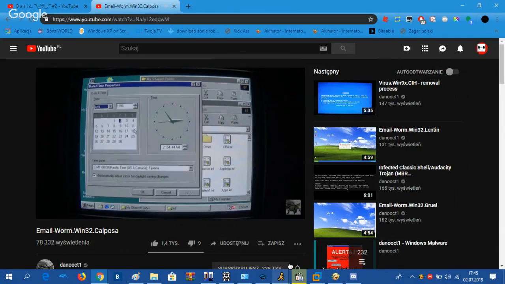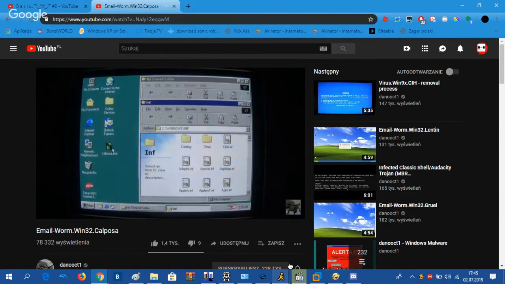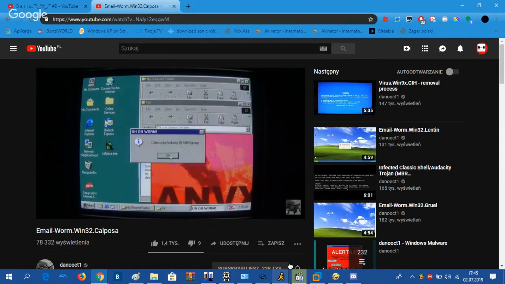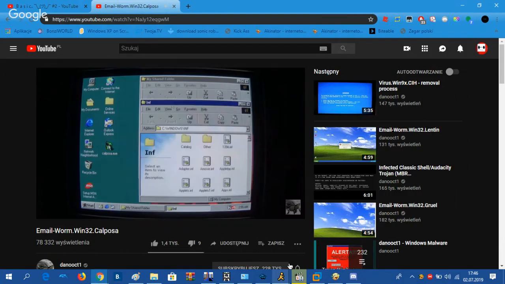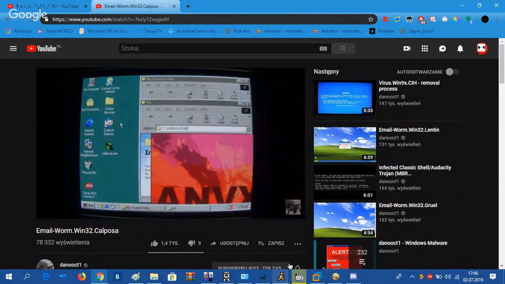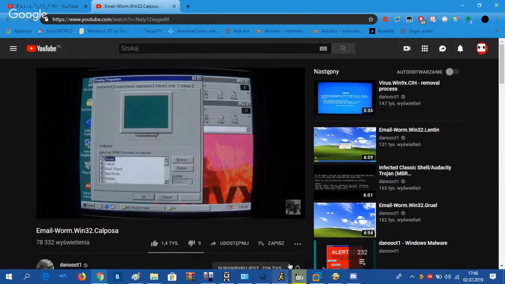We need to look at what happens on February 16th. We'll go ahead and change it to the 16th here. We'll run the worm one more time. And now it pops up a rather large picture. You can't actually see all of it, and we can't move it to look at it. That's kind of annoying. Let's try changing the resolution really quick.